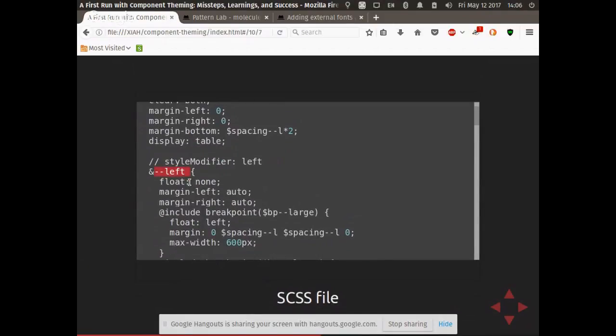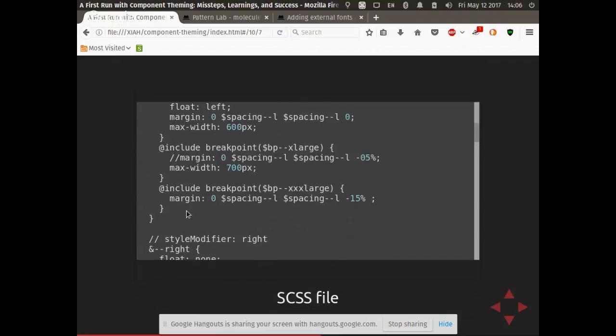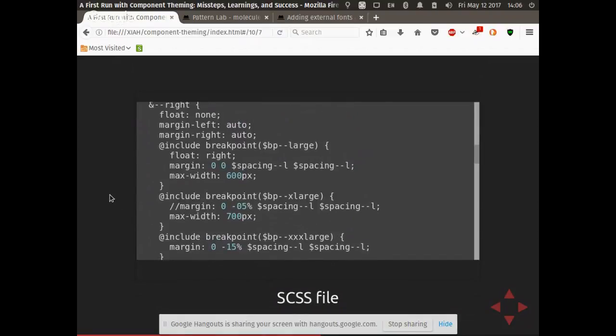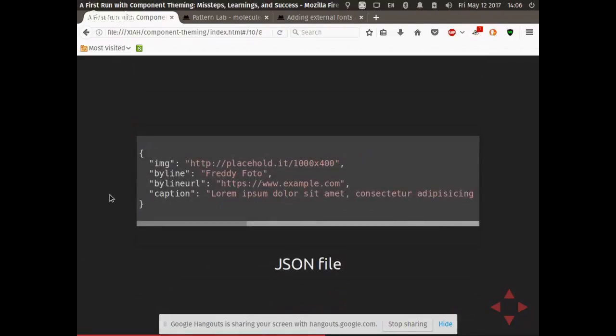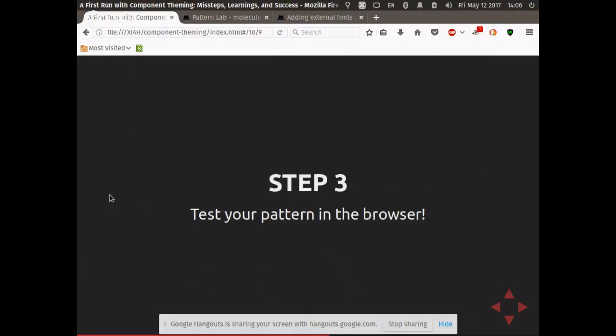So here's the CSS file, and here's where we say if it's left, I want to float it in a certain direction. If it's right, I want to float it in a certain direction. And the JSON file with the example content. And so test the pattern in the browser. So let's go back to